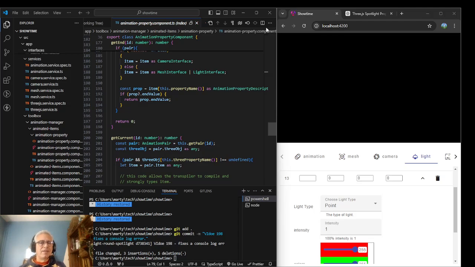Hey everybody. So yesterday I fixed a console log error. It took like 20 plus minutes to fix. It ended up being one line of code. When I did the check-in a few minutes ago, it was one line of code to fix it. It's pretty crazy. But anyways, so what's next is I want to add a new feature to Spotlights, and